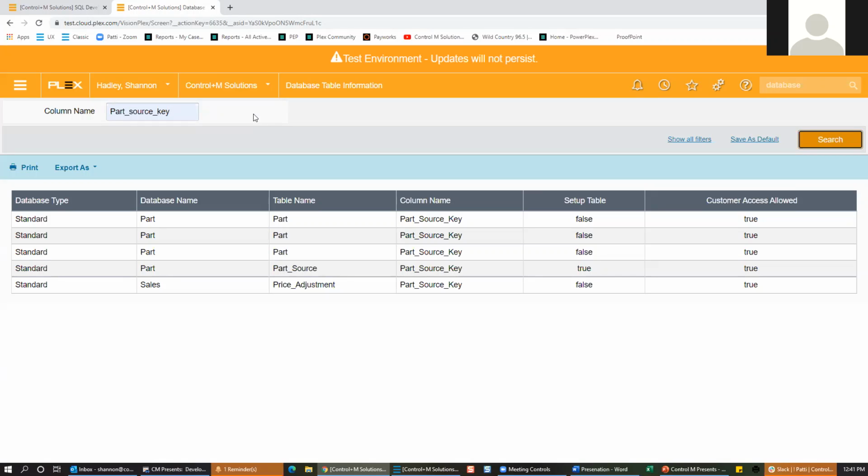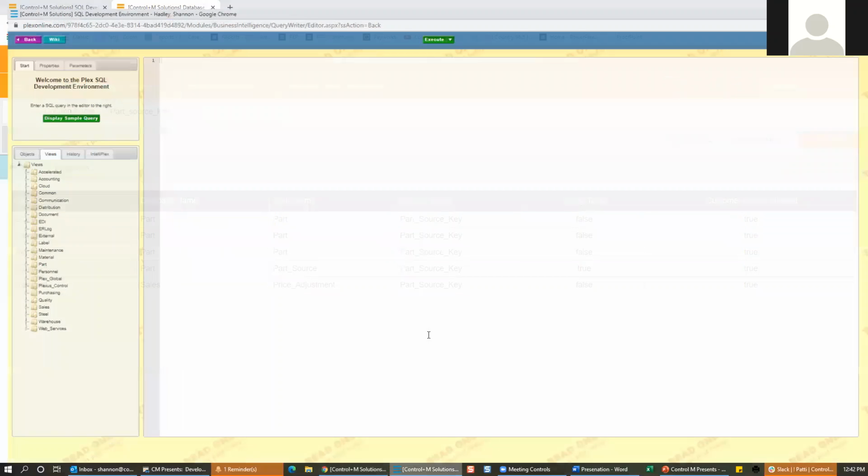Can you tie these queries to VisionPlex so that you can just select items on the VisionPlex screen, or is that totally different? Once you have your SQL query written and functional, you can tie it into the VisionPlex designer. I think the UX has the designer, and you can select which tables or which columns you want to see from your VisionPlex screen. And the same in Classic. Classic uses it a little bit differently. You would have to look at that through